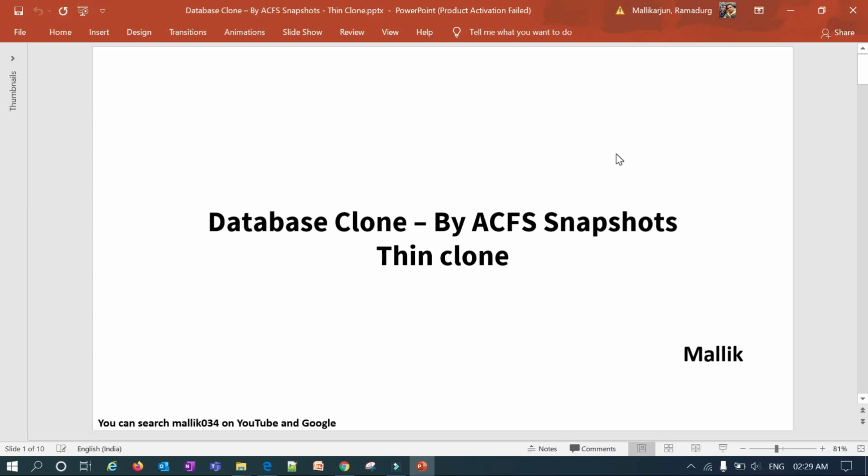To manage that, there are so many tools in the market, but you have to pay and purchase the licensing. But the Oracle ACFS snapshot method is a free tool offered by Oracle. You can make use of your ACFS features and go with the cloning of your lower environment. This is one of the exciting topics I'm going to present to you guys. Most people are not aware of this, and it's pretty useful for all DBAs.